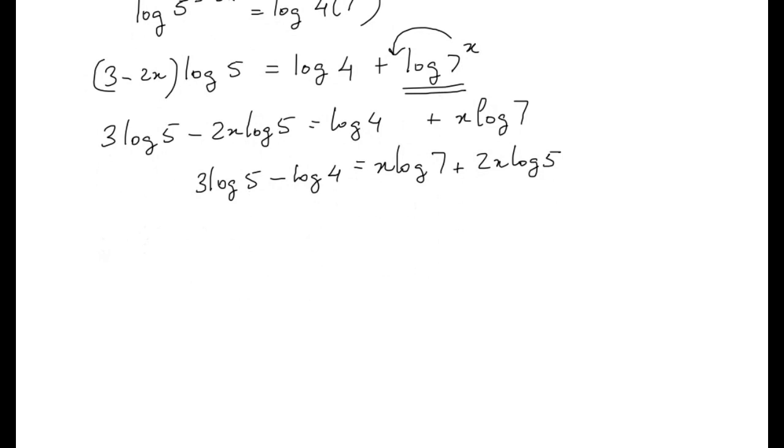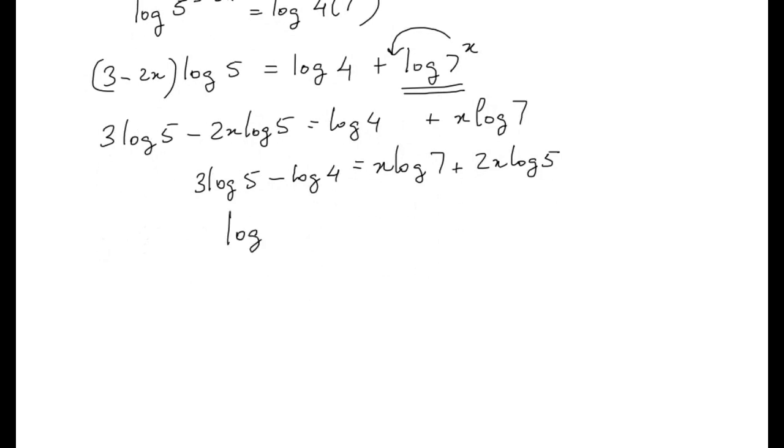Before I can combine them using the division law, which is if two logs are subtracted from each other, they can be represented as a single log and the two numbers are divided. But before we do that, what we want to do is take the 3 inside. So the 3 multiplier, if it goes inside the log, it becomes 5 cubed